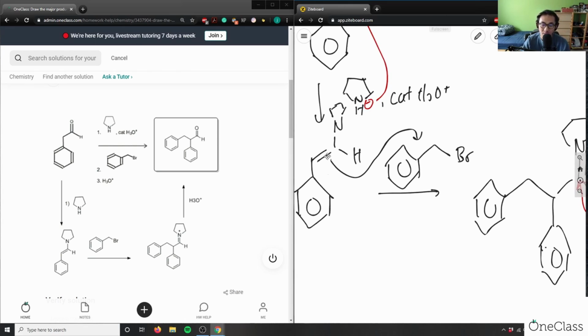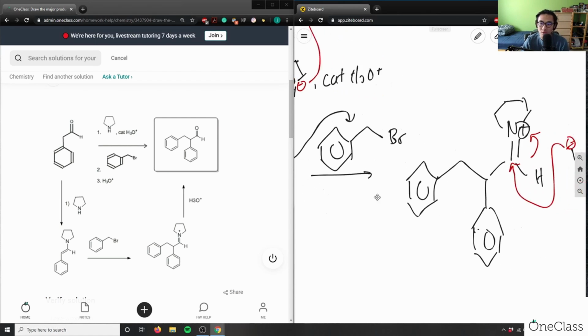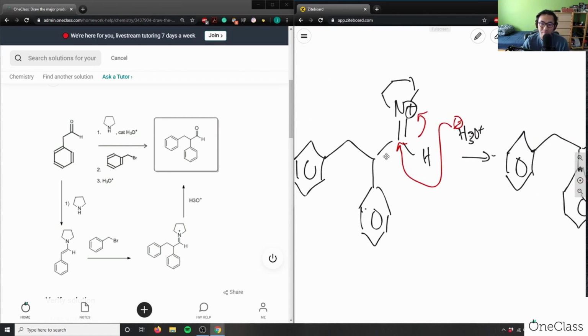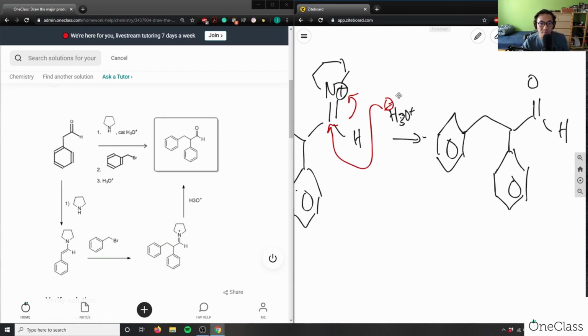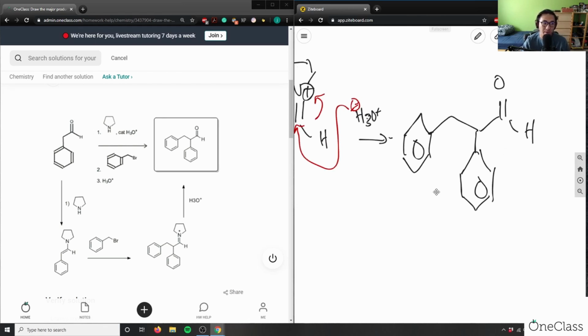Afterwards, this double bond is electron filled. What it's going to do is attack this positive, this positively charged dipole carbon here, and then it's going to create this linkage here. Methyl shifts so that my nitrogen has the positive charge, which makes it a good leaving group for acid to become a nucleophile for it to attach and make the aldehyde here. So